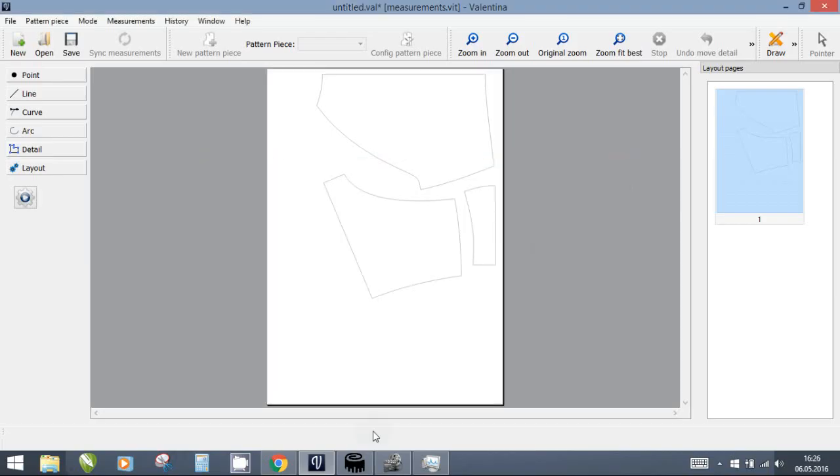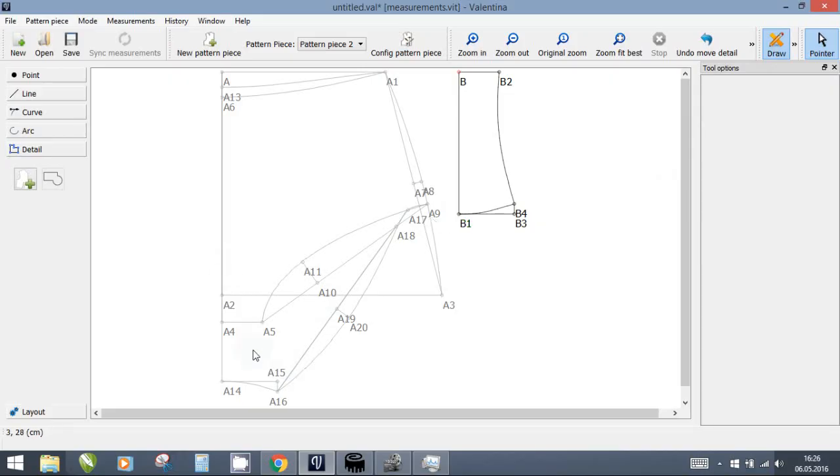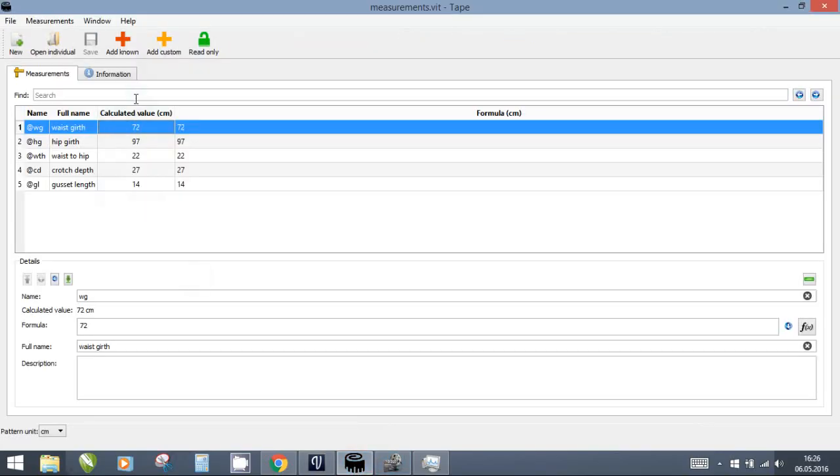And last but not least, I want to show you the grading function of Valentina. I've talked about this before and how amazing it is, but now we are finally at the step where I can show you how it actually works. So we go back to our drawing mode here, and here we see our pattern pieces. And now the amazing thing about grading in Valentina is, we made a pattern with every line or curve either depending on another line or curve, on a fixed value or on a measurement. That means if I now go to the measurement table here, I see our 5 measurements,